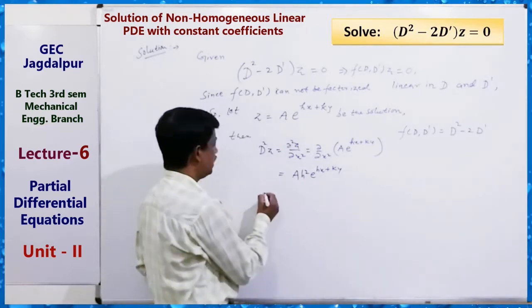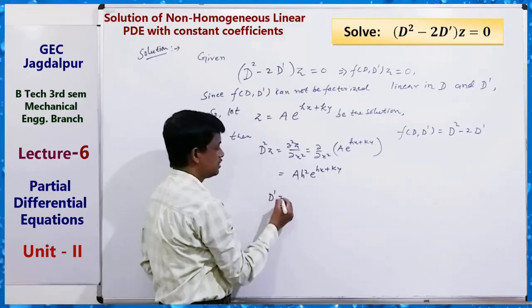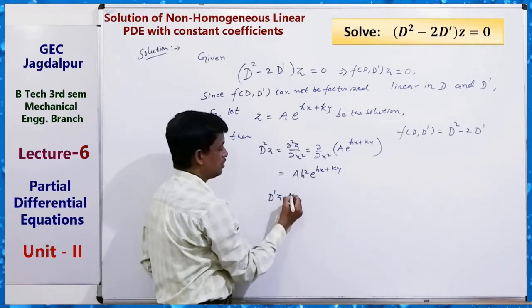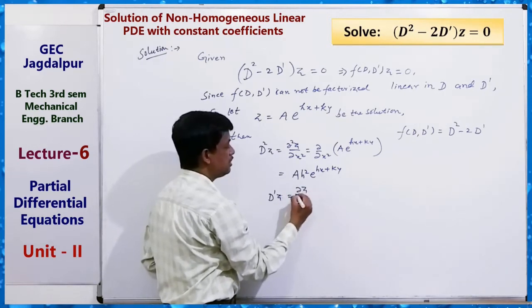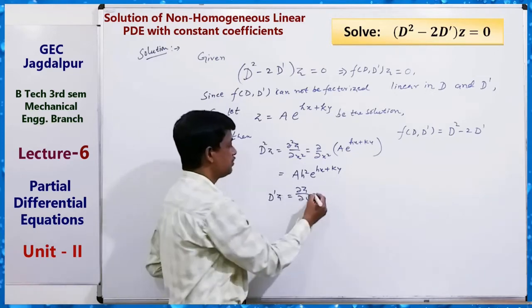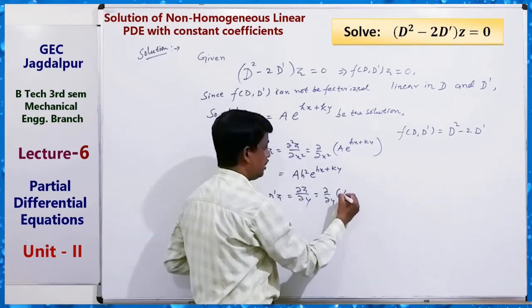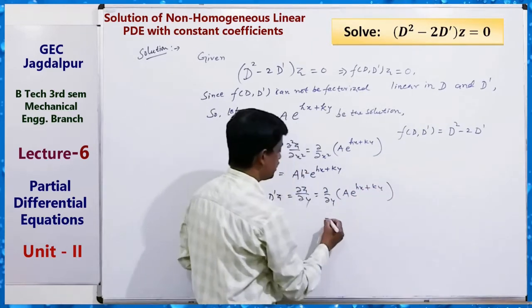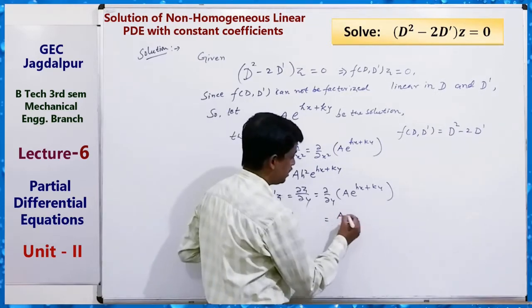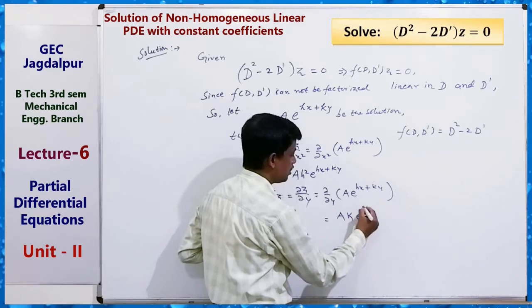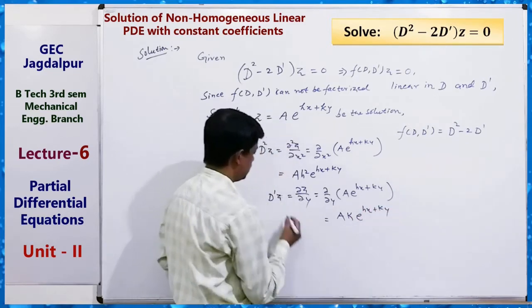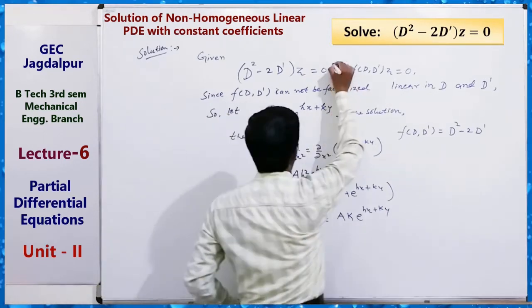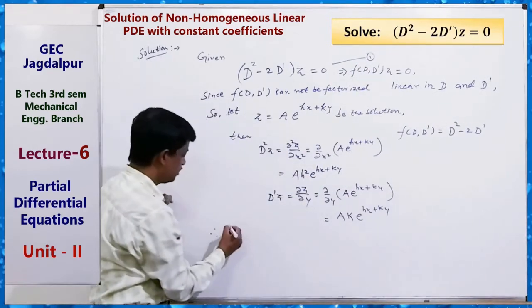And here D dash Z equals to del Z by del y, that is del by del y of a e to the power hx plus ky. Then we get the constant a, and the coefficient of y is k. So D dash Z equals a k e to the power hx plus ky. Therefore, in equation 1,